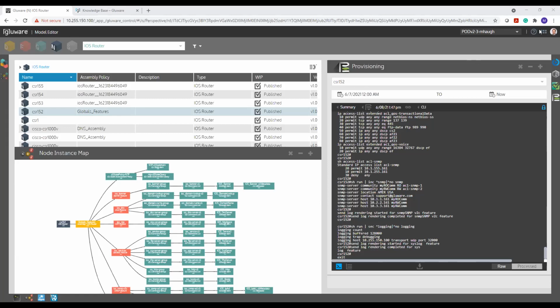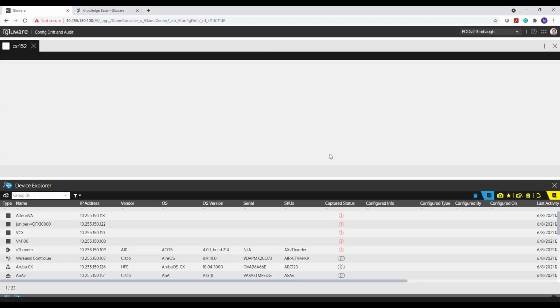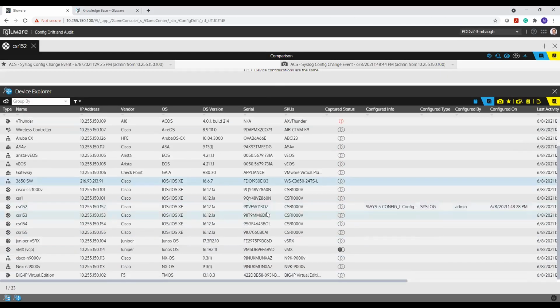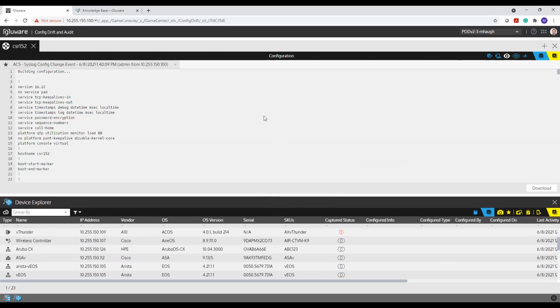So the provisioning finished. And so let's just jump back to Drift and Audit, because the whole purpose of the jump back and forth was to show remediation. So now my configuration triggered, again, because we have Syslog enabled, it's triggering a new capture. And so now I can see that CSR 152 was remediated. And if I double click on it, it's saying it's unchanged, meaning it has been taken back to the standard